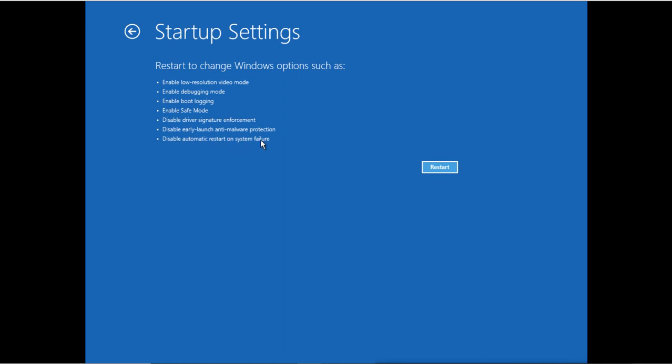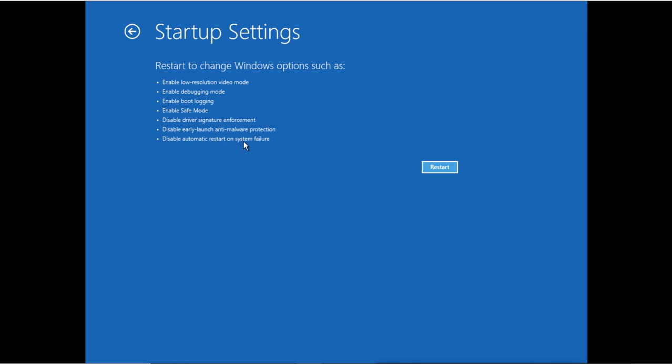Remember, your system restarts because it wants to save itself. It wants to save the operating system. So when the system starts and it sees some problem which can cause harm to your hardware, then it will reboot again. So whenever your system starts, it sees a problem, it tries to reboot itself again, and that is why your system reboots when it gets corrupted. So you can use this option to disable the automatic restart on system failure.